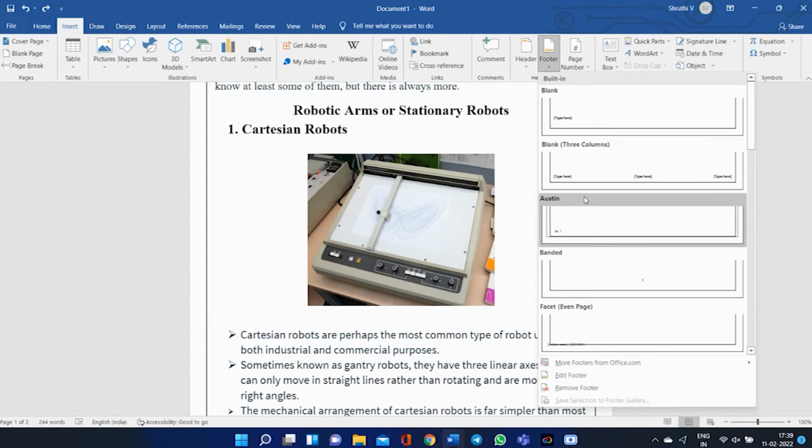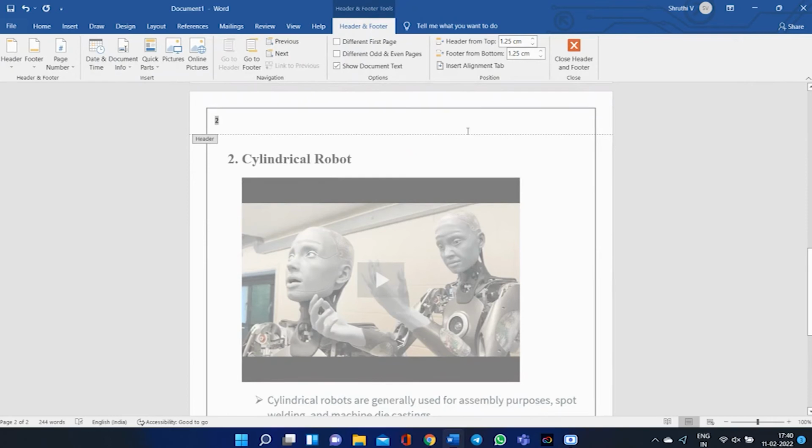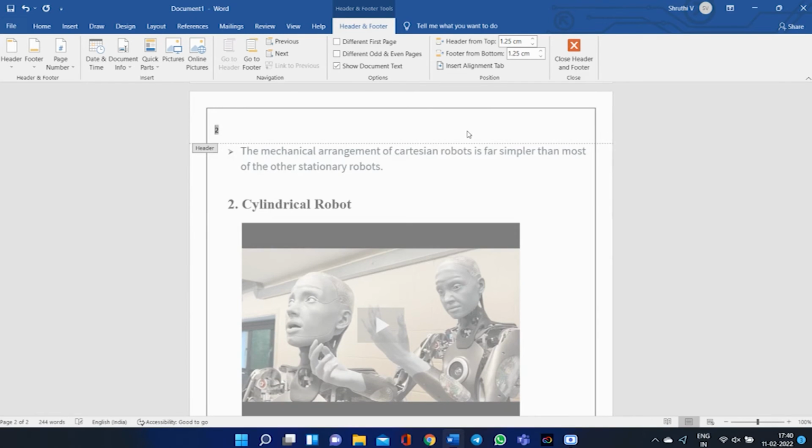Next comes the page number. You can assign page number in either way, top, bottom, right, left, etc. We have n number of options. Say if we give here, it is on the left top. I'm giving the page number as 1, 2. Say 2. So it will be assigned as 1, 2, etc.